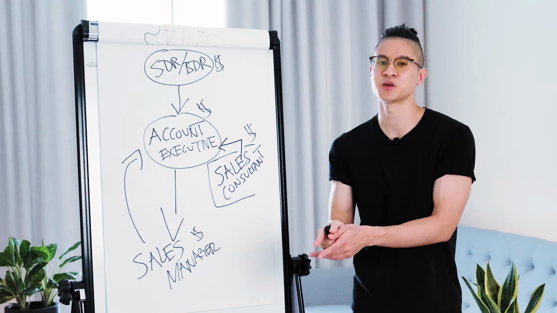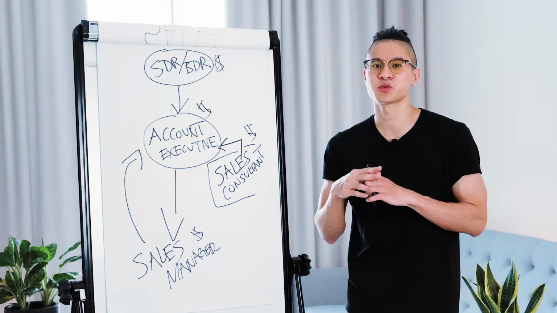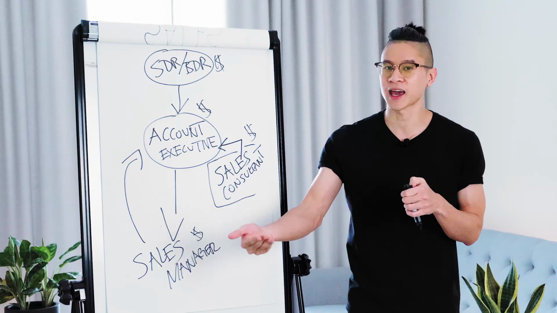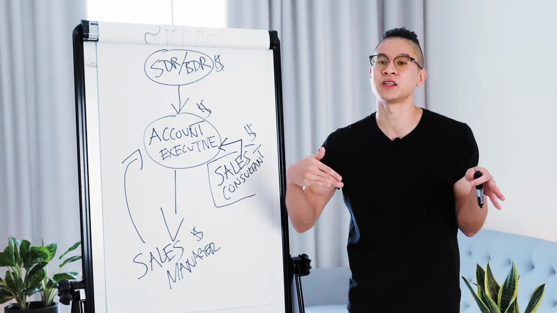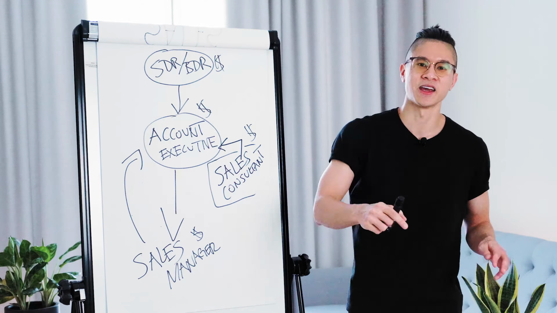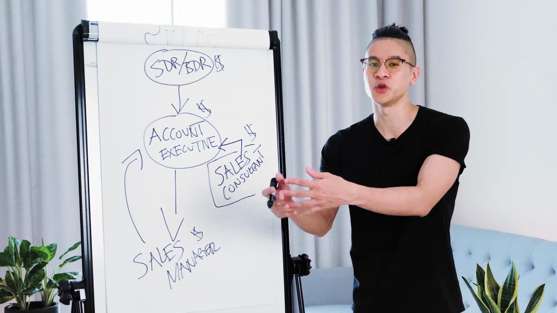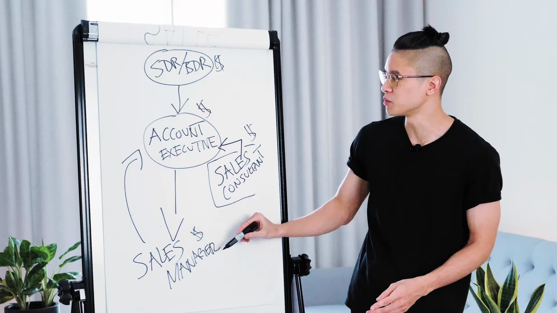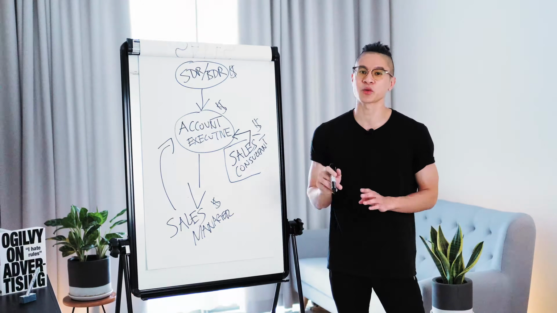Why is that? You already got the customer. Well, sometimes when you're buying something new, your client that you already have may be looking at other options, even if they are already a customer. So the account executive has to come back in and resell that customer on that new product or service. And once that happens, everybody's gonna get a commission, because again, it's by territory.